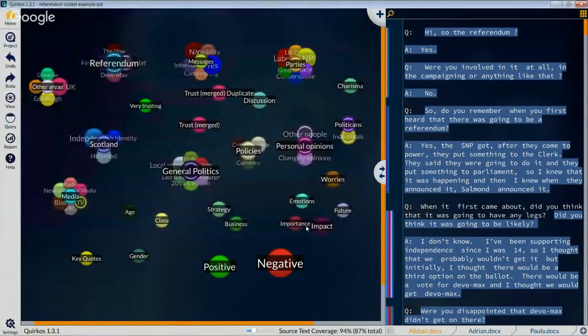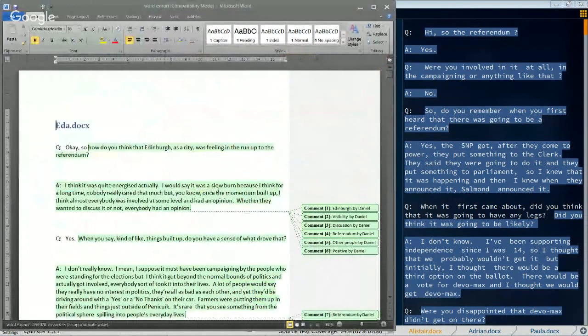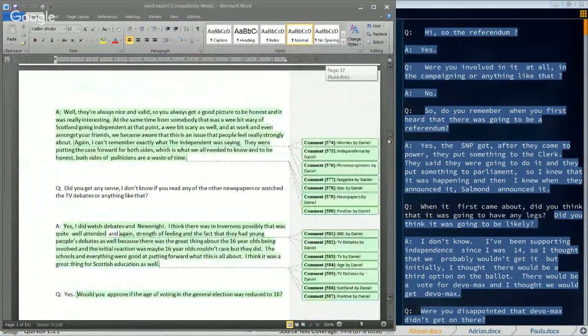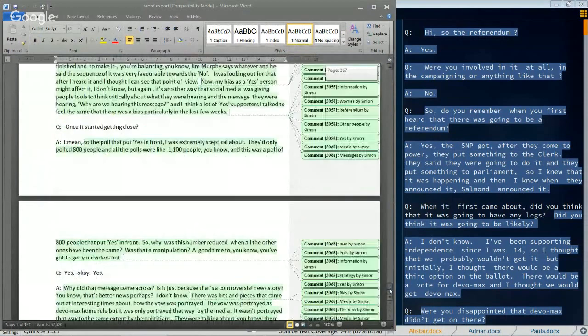When we do this, it will actually generate one long Word file now, which has got all of the different text in here and these strips, which are usually color coded, except not in this older version of Word, for all of the coding in the text. So this is really useful, again, to share with other people. We've got this huge